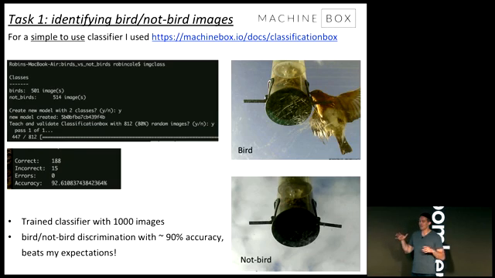So basically, I had 1,000 images, and I physically sorted them, 500 with birds, 500 without birds. I practically got RSI sorting these things into 2 folders. It took a while, but nevertheless, I used one of their training scripts to then post these images to the classification box, which is what they call their classifier. And you do a test train split, and the classifier came up with an accuracy of around 90%, which really surprised me. It was pretty good.